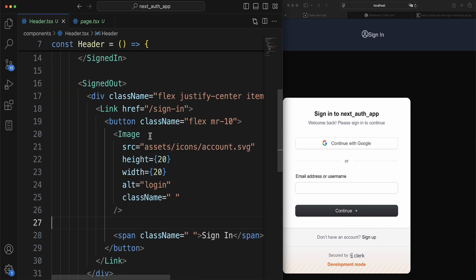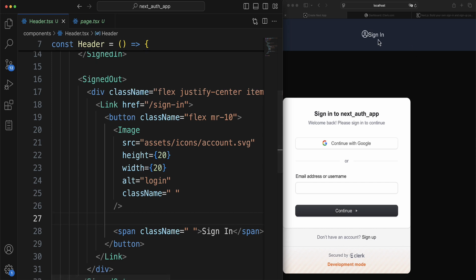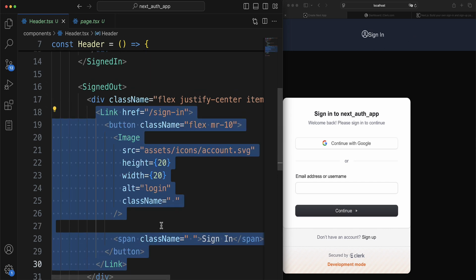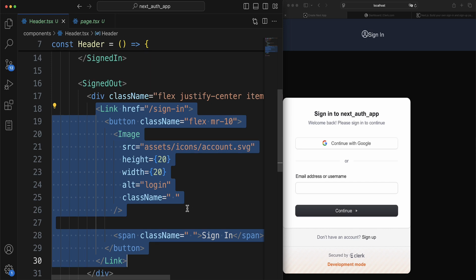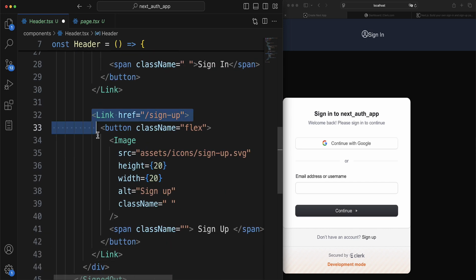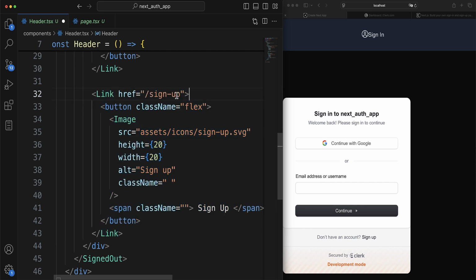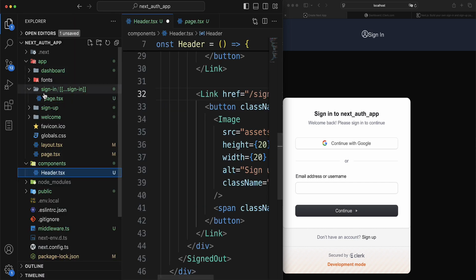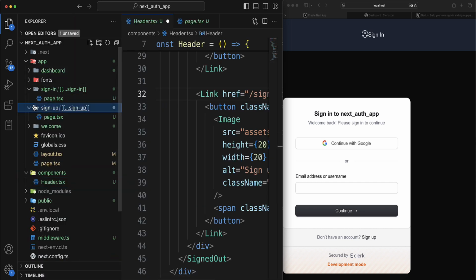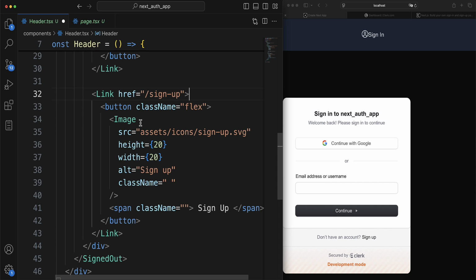So what about the sign up button? Because remember, the user can either sign in or sign up. So we also need to bring in the sign up button. What we can do is duplicate this link right here and have it for the sign up button. So this is the second link that we have right here for the sign up button. Remember, you can see here we have the /sign up, and we also have the sign up route right here. So let me save that, and now you can see we have the sign up and